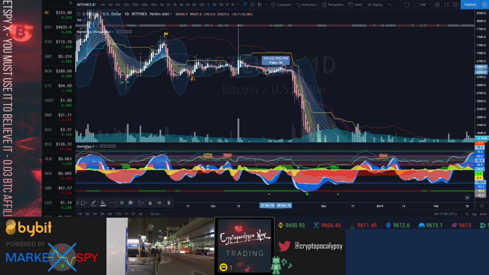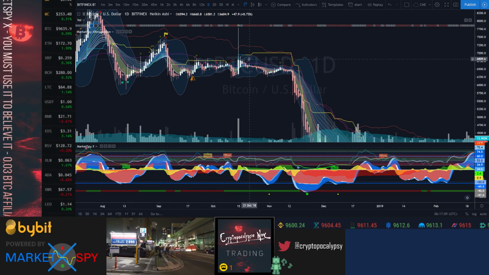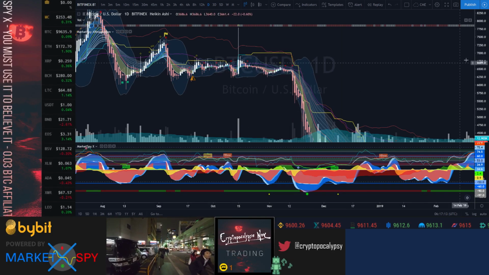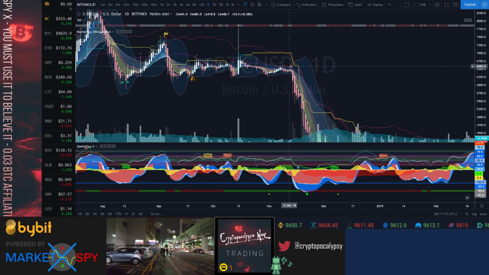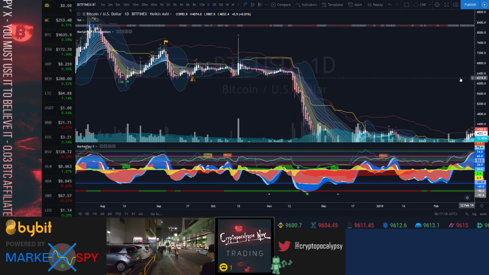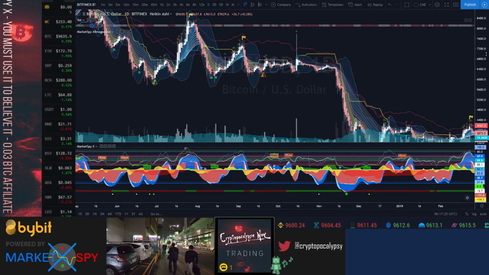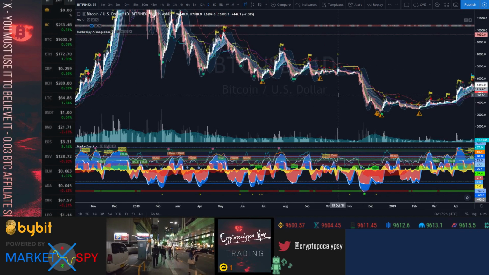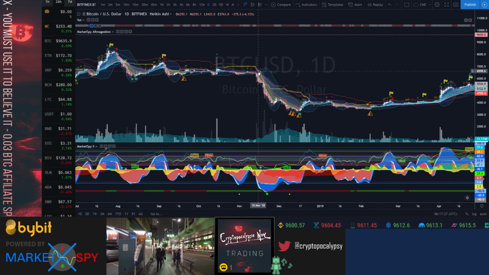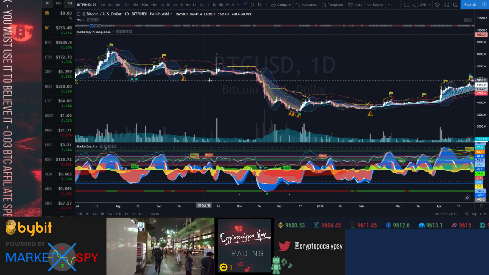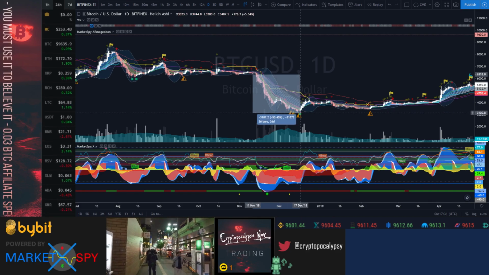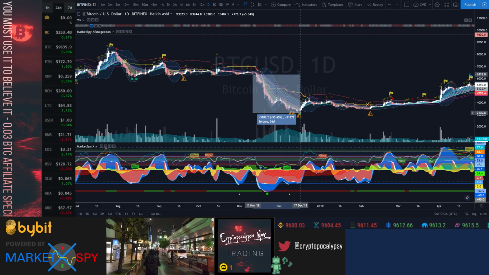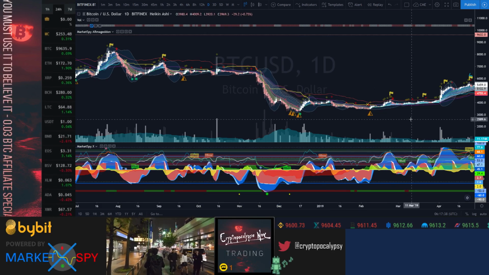But I would like to point out something, and that is we were way below the baseline here. The Bollinger Bands were compressing, and this crazy sell-off, we were at the end of a year-long bear market, at the very end of it. And then we had a major sell-off. So unless you're ready for this by tomorrow, a $3,000 move to the downside, which I doubt is going to happen,